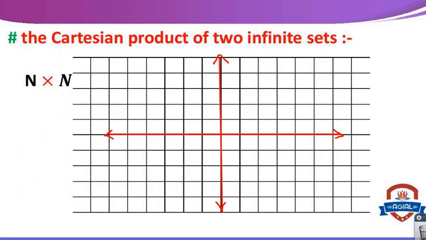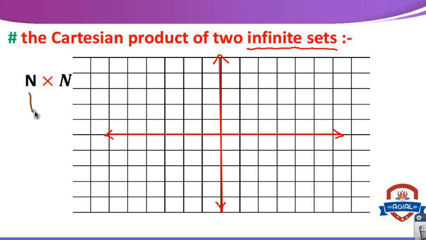The Cartesian product of 2 infinite sets. What is the meaning of infinite set? An infinite set, you can't list all elements of the set. The number of elements of an infinite set equals an infinite number, okay? Then the Cartesian product of 2 infinite sets,